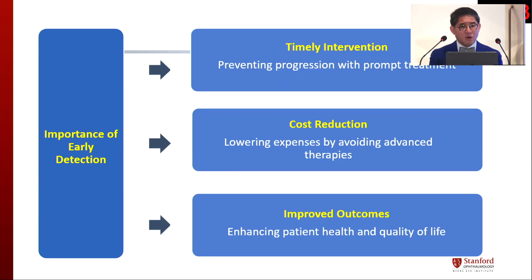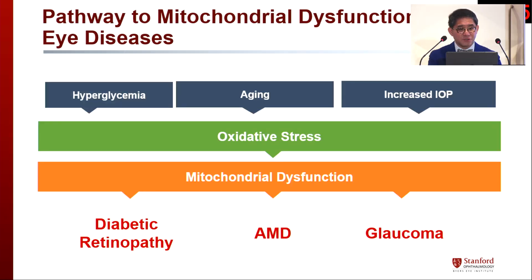I would think that all of us do believe in the concept of early detection. For any disease that we discuss, it would be good if we can detect the disease early so that we can have timely intervention, we can reduce the cost, and we can improve outcomes. For example, certainly in diabetic retinopathy, that has been the concept, and we want to make sure that we prevent the disease from getting worse, so the patient will not suffer diabetic ocular complications. This is the same concept in uveitis that we would like to pursue.